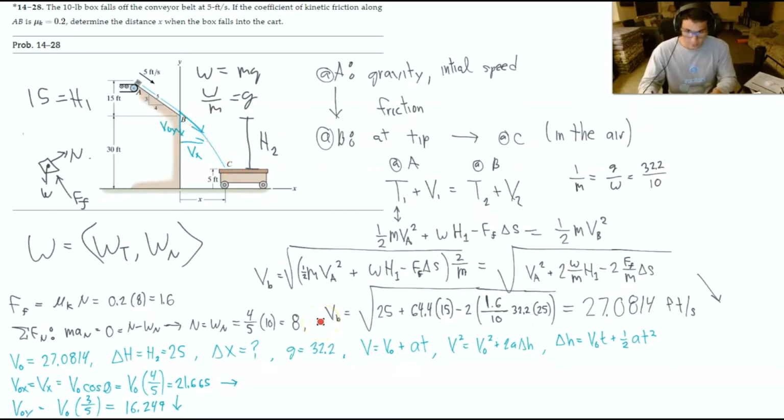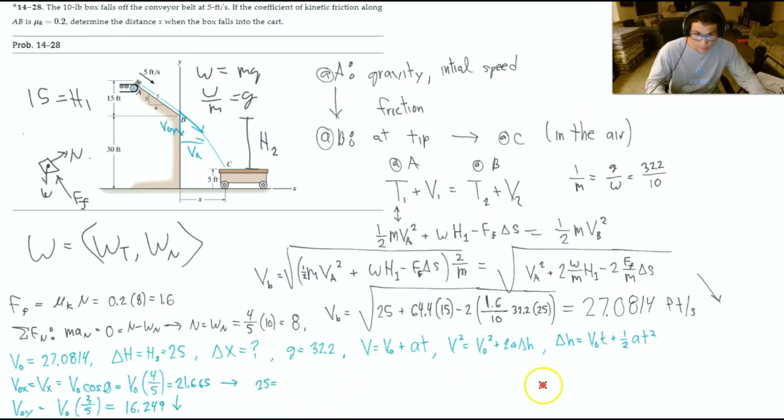Okay, so if all that's true, I'm going to use this equation because I want to use this. So change in height, we know what change in height is. The only thing we don't know is t. Okay, that's why I'm going to use this equation. The only thing we don't know is t, right? Okay, so change in height is 25. So 25